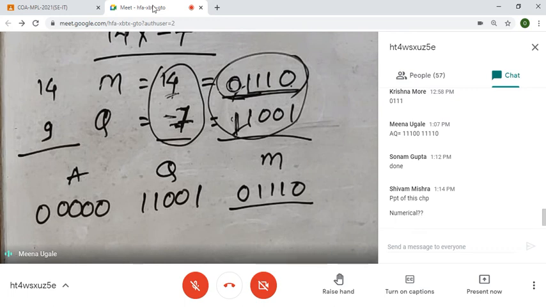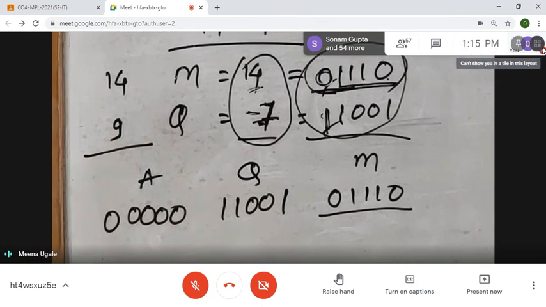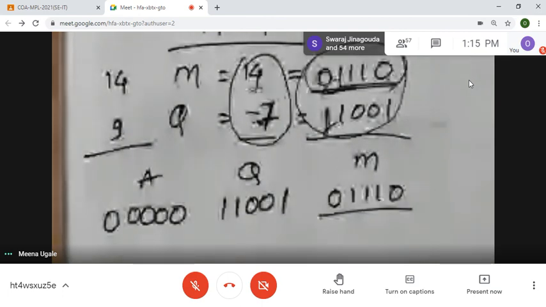Yes, numericals. So normally the asked paper questions are numericals. Only for IEEE floating point representation, the question can be theory plus numerical, like write down the IEEE floating point format and then solve some example like that. Otherwise, this chapter is wholly numericals that will be asked in the paper.